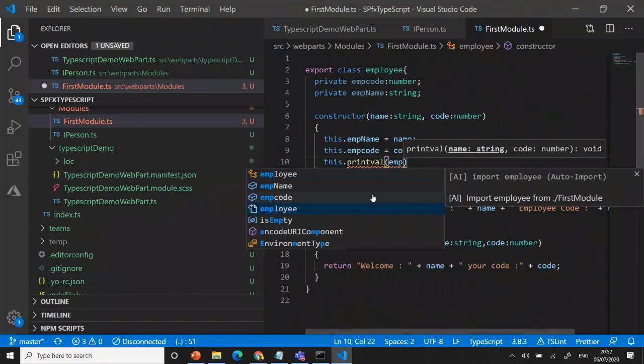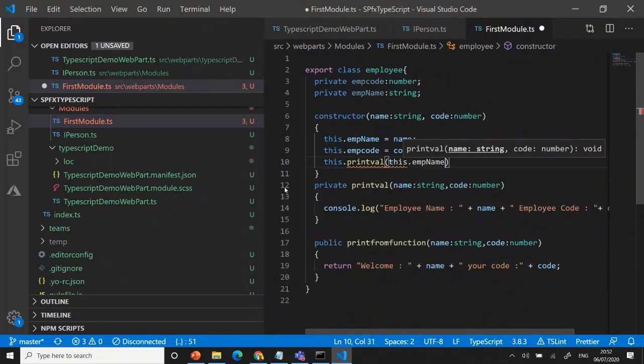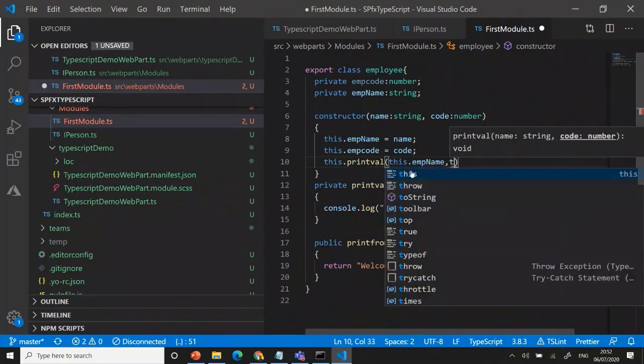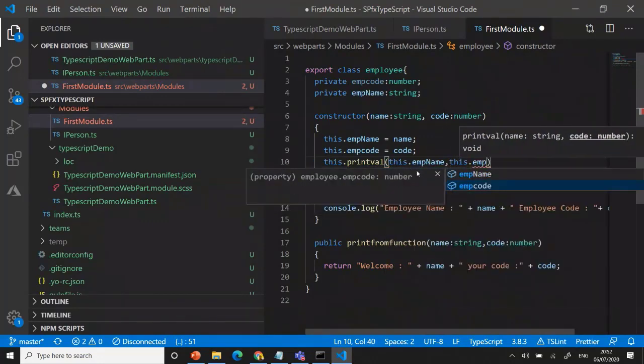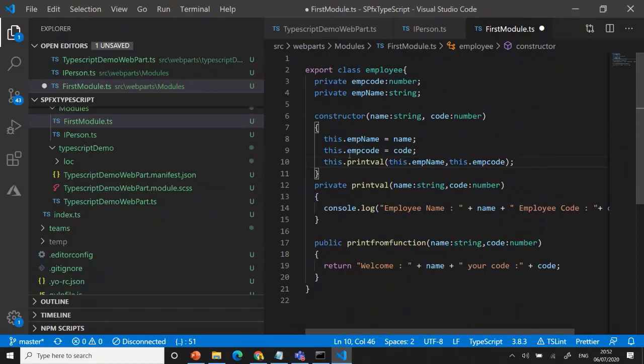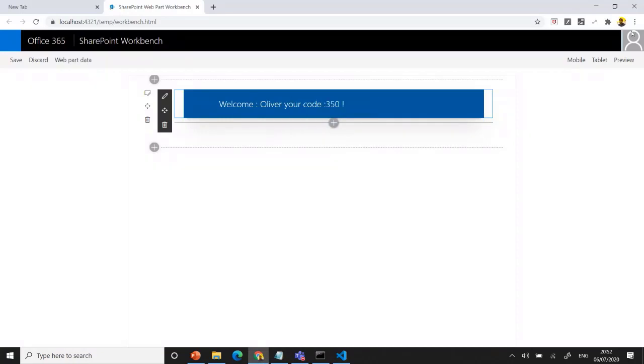Otherwise, the system doesn't know. Let's say employee, that's a name, right? Name, comma, this dot employee code. Okay. You need to pass the value. We are calling from the constructor to this print value, right? Let's say save all. Now we are able to see that value. You can see it after refreshing the method.